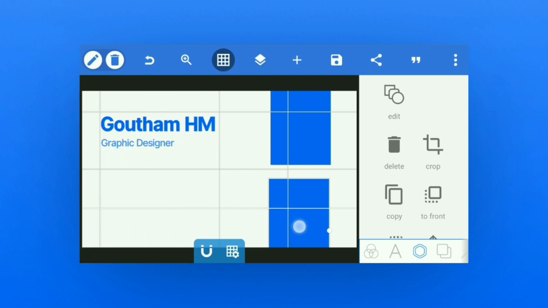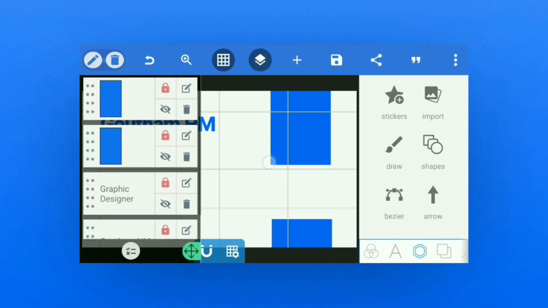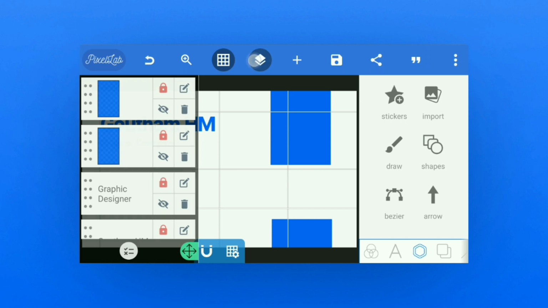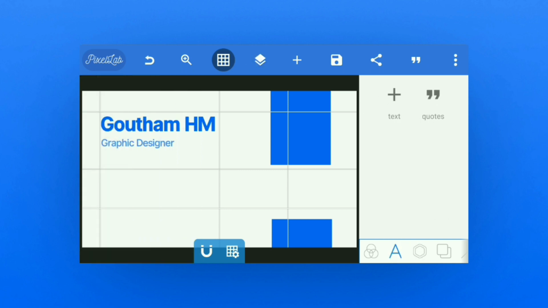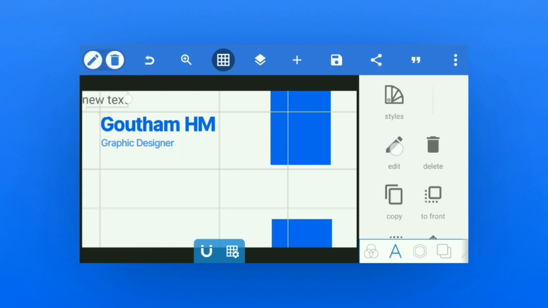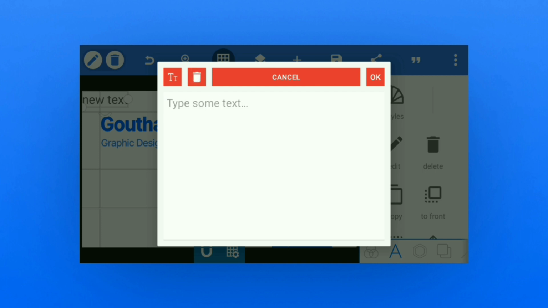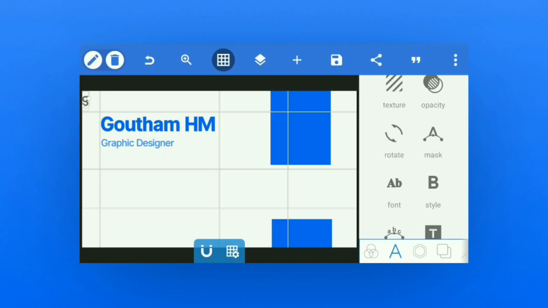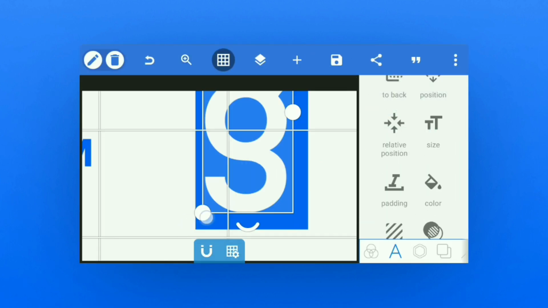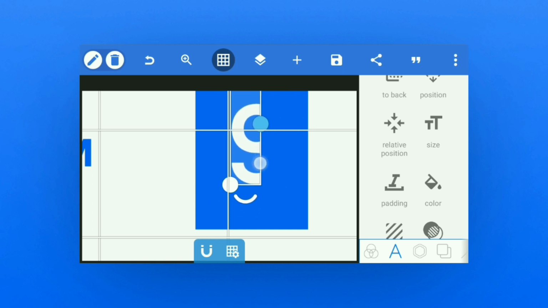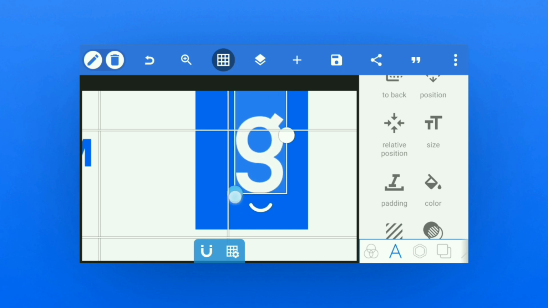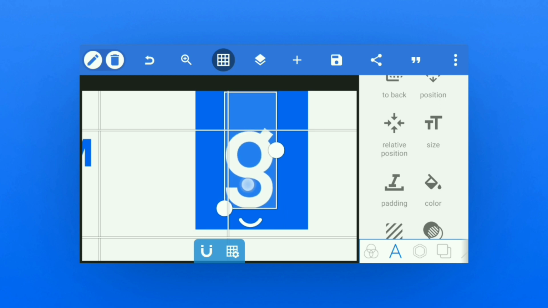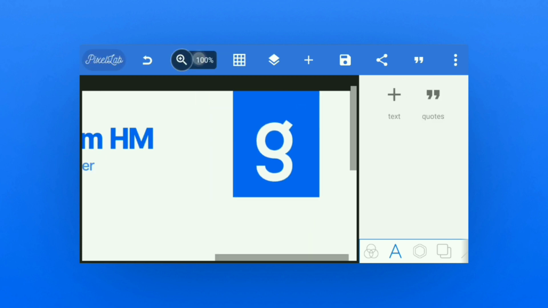Now I will copy the same rectangle and I will place it in a straight line below. On the upper side of the rectangle I will add my G logo there. As I said, you can play with this all day to make it perfect, but just for the tutorial purpose I will roughly place it somewhere.